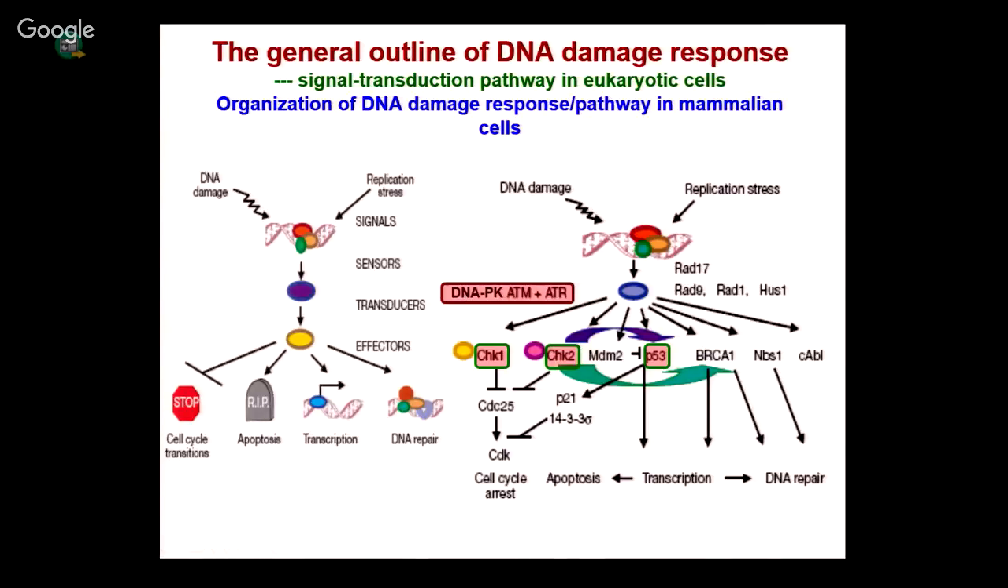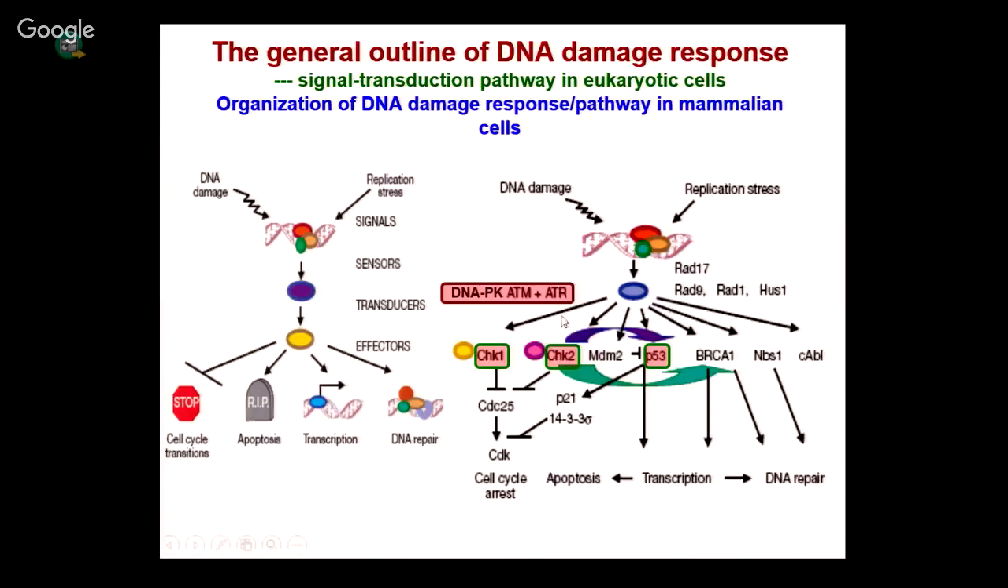We have a total of 5, and 3 of the PI3 kinases are related to DNA damage. One is ATM, the other is ATR, and the third one is the DNA-PK kinase. These are all the master kinases. They will mediate phosphorylation of, for example, RAD9, RAD1 and HUS1. This is the so-called 9-1-1 complex, which is for the rescue, the same concept as the SOS